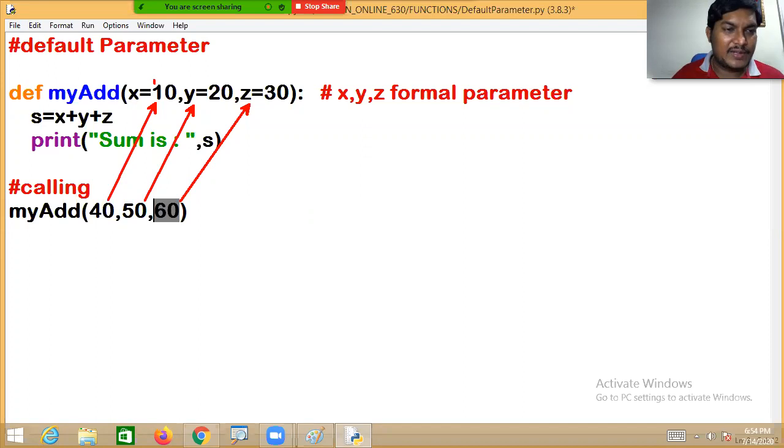The default values are automatically replaced with the actual arguments.